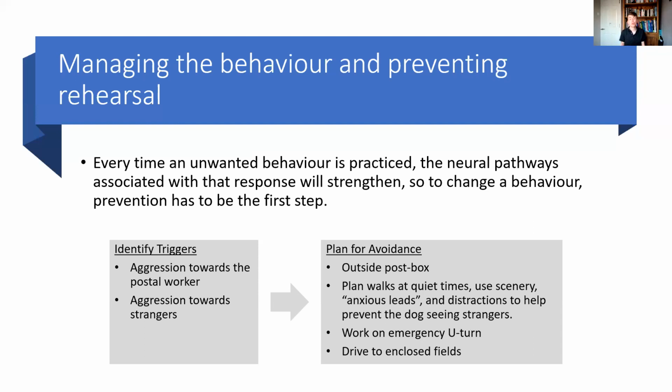Another one is just planning your walks really, really carefully. So planning for those quiet times, and also planning your route. So where you're going to go, is there a way that you can negotiate a much quieter, much easier route to avoid other dogs or other people or whatever those triggers might be if you do see them. Google Maps is great for that. You can plan out your whole little walk.